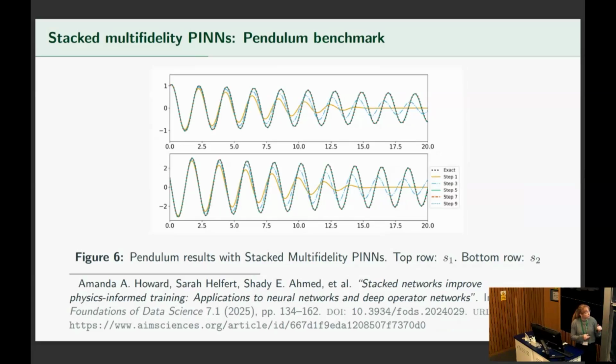So you can see it is accurate on a very short time scale, and then eventually it starts missing the amplitude of these waves and eventually trains to zero. But when we apply our iterative multi-fidelity approach, where we're incorporating some known knowledge from previous approximations of the system, we're able to bump off of that fixed point and reach an accurate solution.